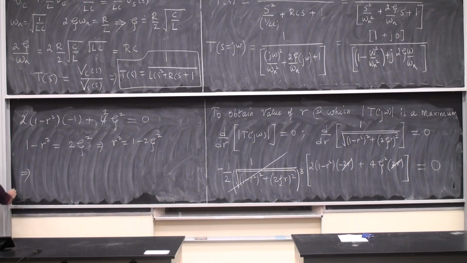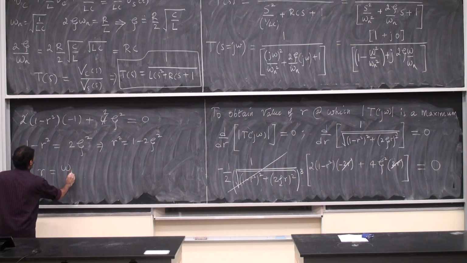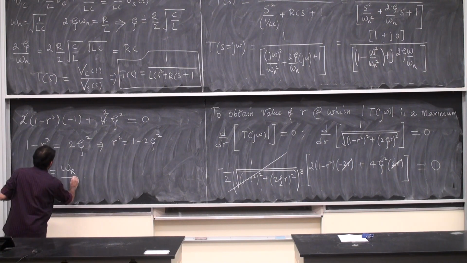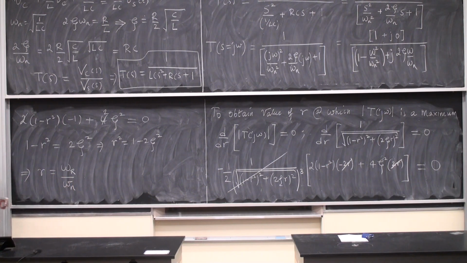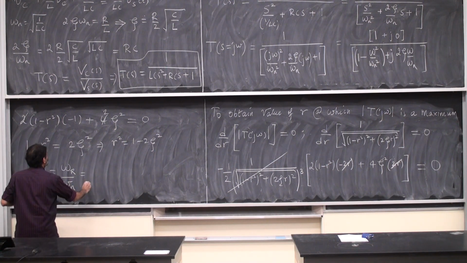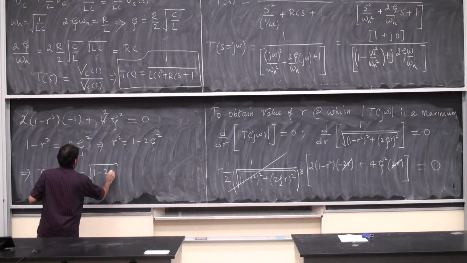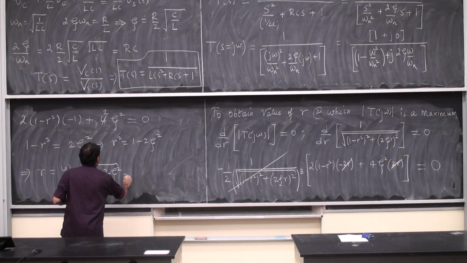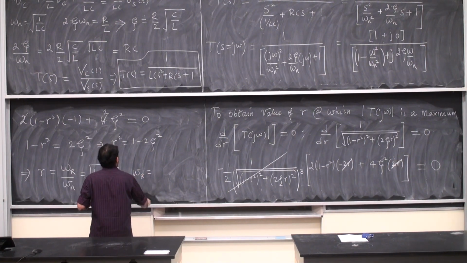Which implies r, which I'm going to call by a special name, the ratio of omega capital R, sometimes also called omega little r, makes no difference, by omega n, is the square root of 1 minus 2 zeta square, or omega r is omega n